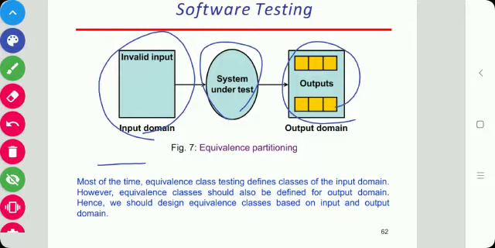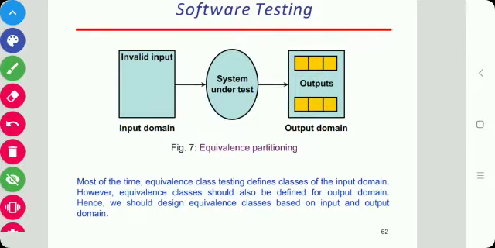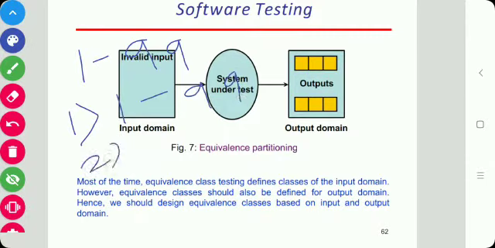if you want to test a program which is supposed to accept any number between 1 to 99, suppose a variable which takes the value from 1 to 99, then the first class is any number between 1 to 99. The second class is any number which is less than 1, that is an invalid class.